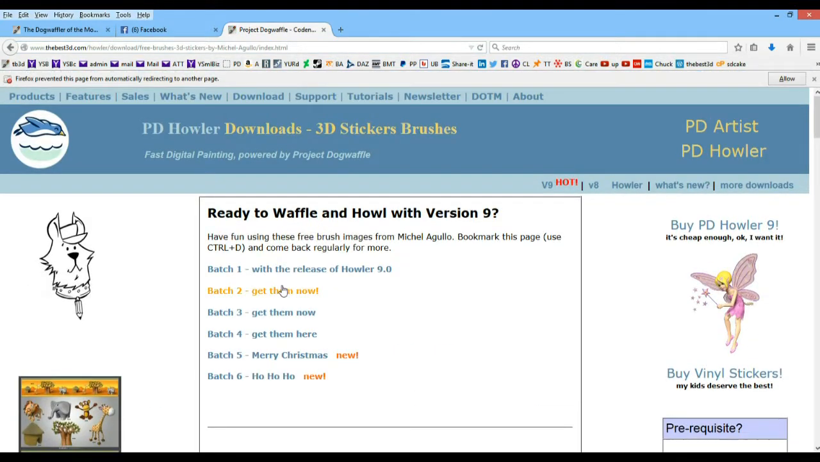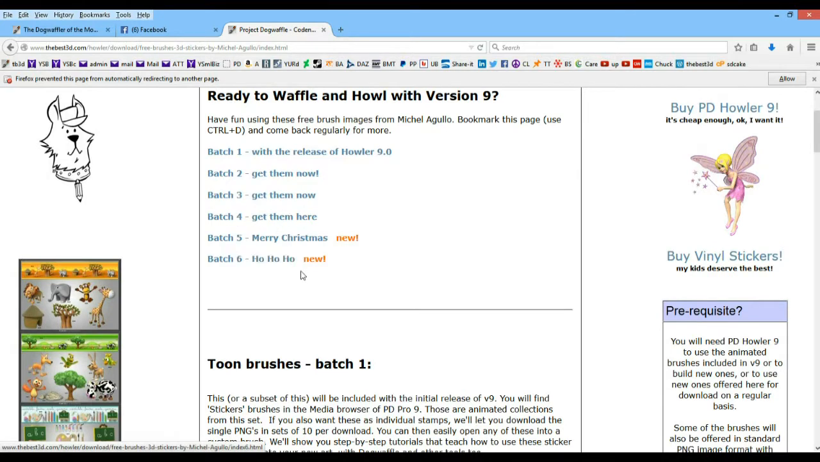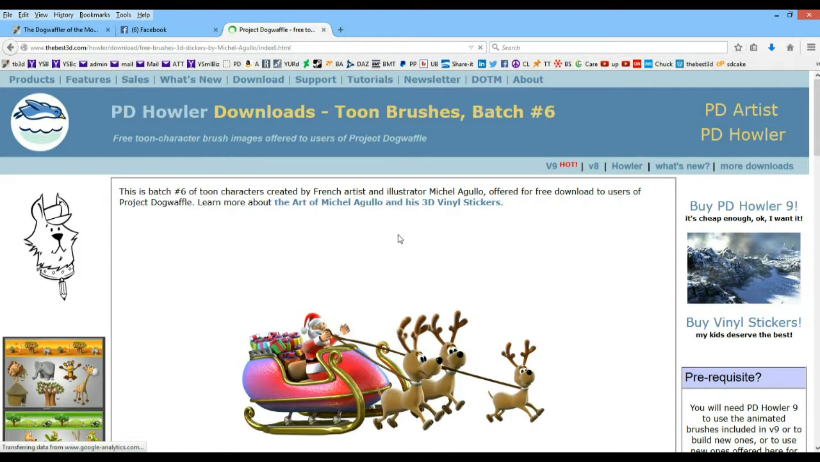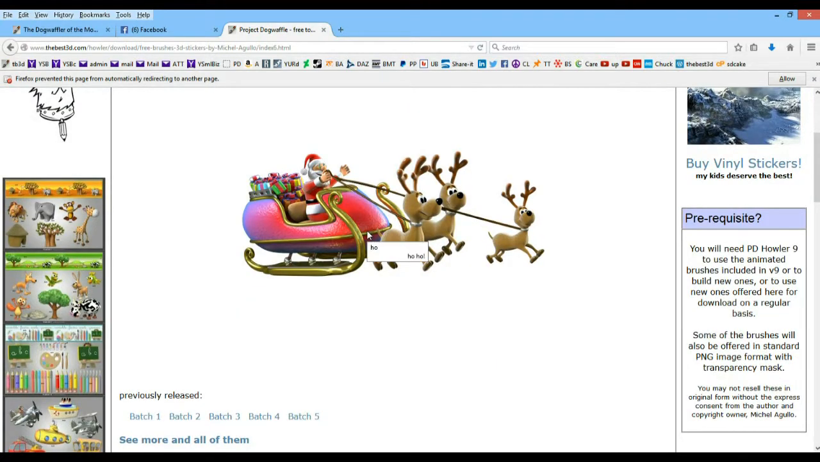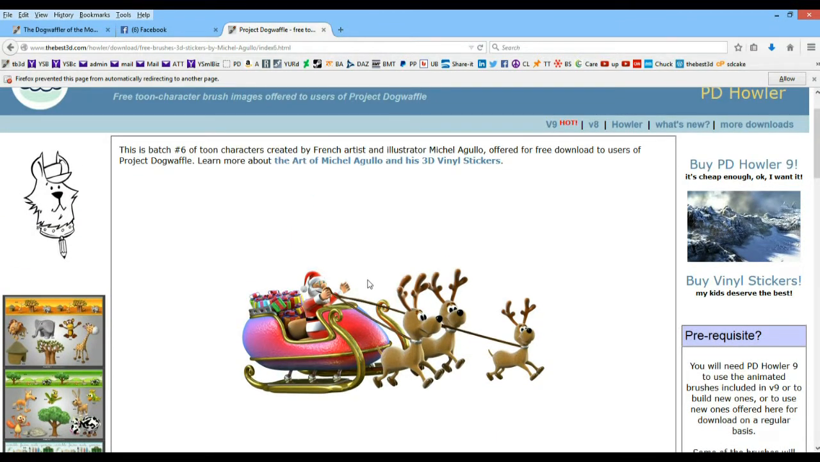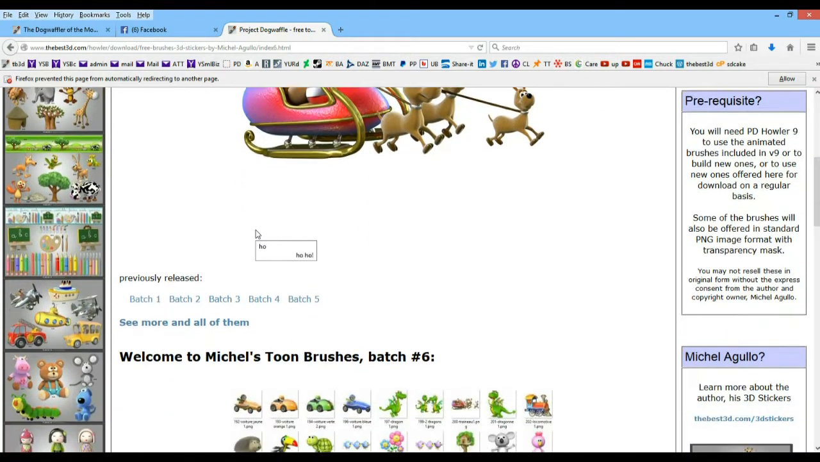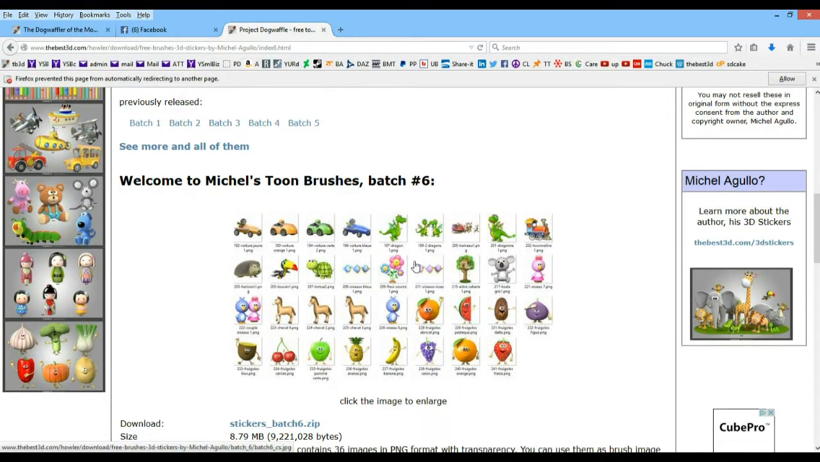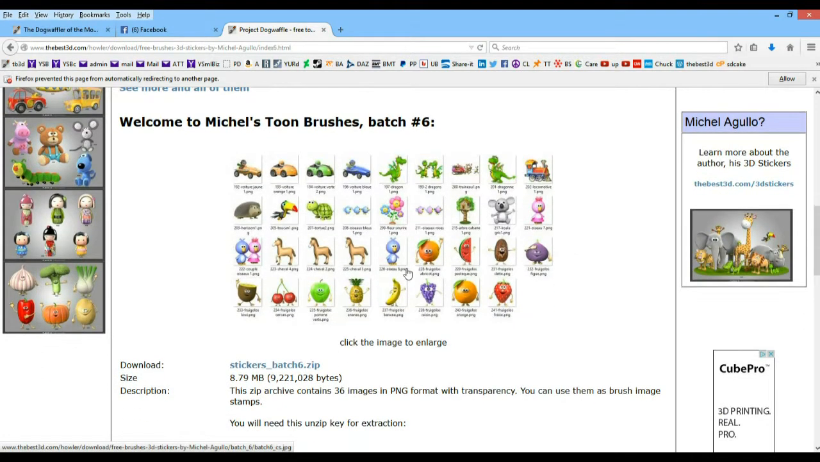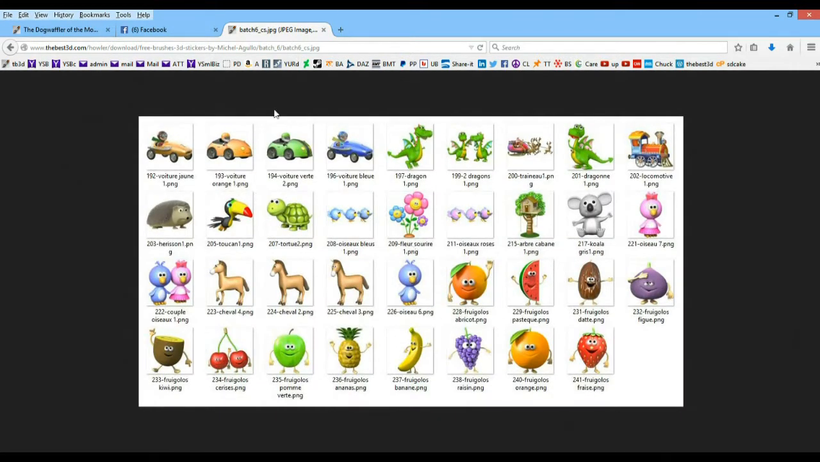So what you can see here is that we have a collection of images. The latest one right here, batch number 6, contains this image amongst others. There's a total of 36 images, and this Santa sleigh with a couple of the reindeers is included in there. And when you click on the contact sheet that you see here, you can see what each of